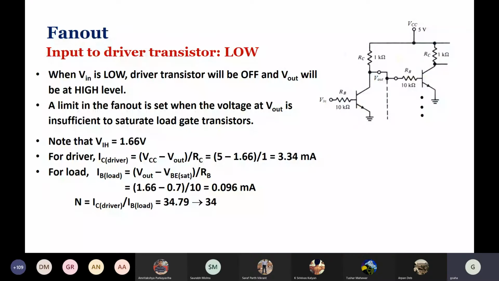Right? So the first part is understood. Now when this is 5 volt, this is 0.2 volt or 0.1 volt or so. So current is flowing in this direction. Okay, so that is one aspect. And when it is 0 volt, current is not flowing in this direction, current is flowing only in this direction. When it is 0 volt, it is 5 volt or so. So current is not flowing in this direction, current is flowing in the other direction. So this, you have already understood.